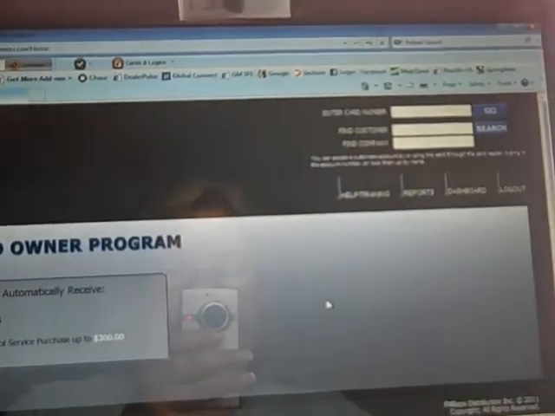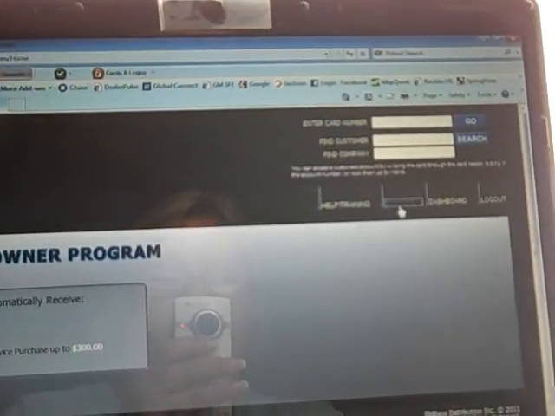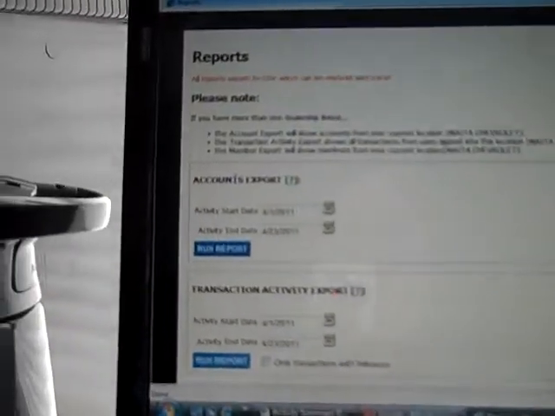So in this particular case, again, I go into reports. Now the report that I'm looking for this time is the transaction activity report. And I choose a month. I tend to do a month at a time, so I click on the calendar. I want 2011, but I want March. Go to March, click on the first day of the month. Now my end date is going to be the last day of the month. So I go to the 31st, run my report,